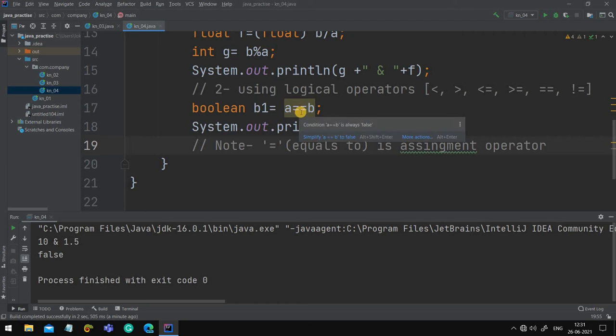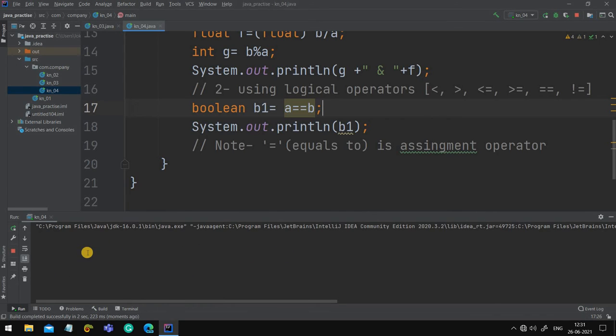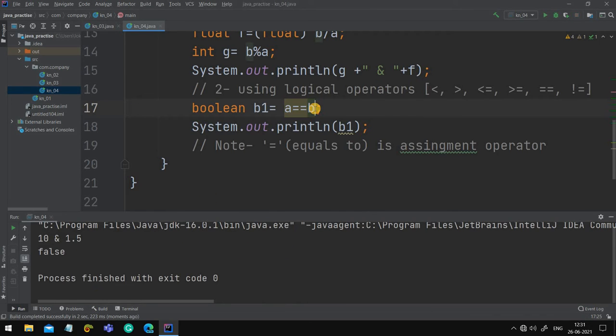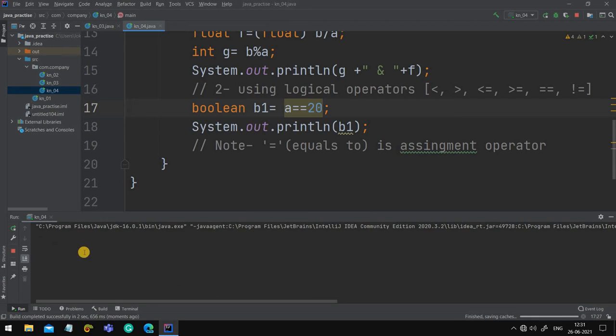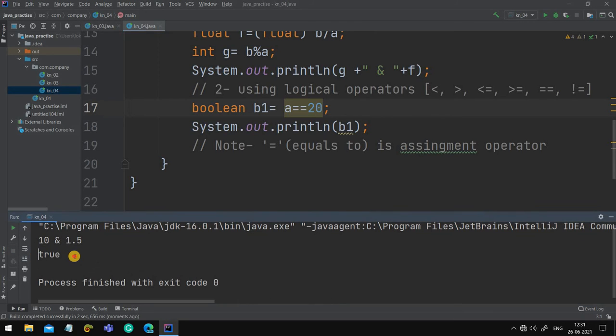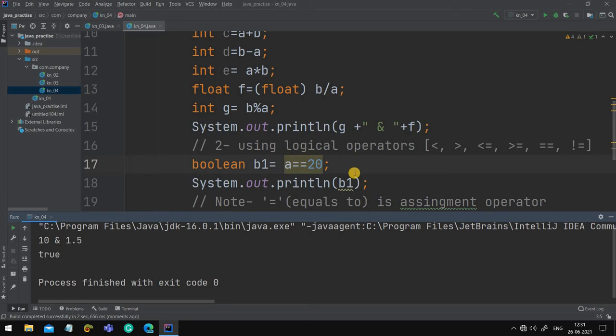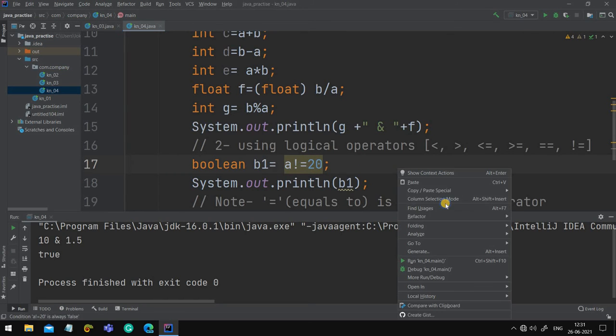What does this double equals to mean? Are they both equal? False. Obviously they are not equal. But if here I change it to 20, then it will be true because A is equals to 20. See, here it comes to be true. So this is how you can use these operators. Now if I use not equals to, let us see what's the output.